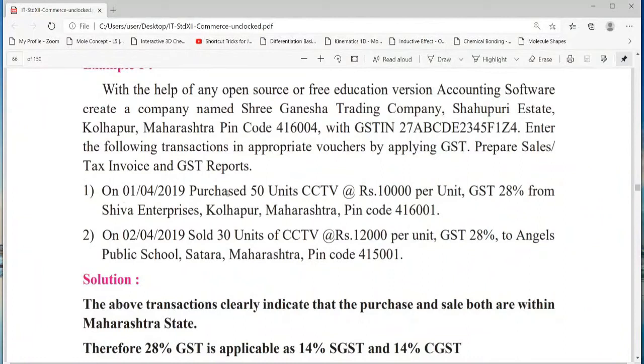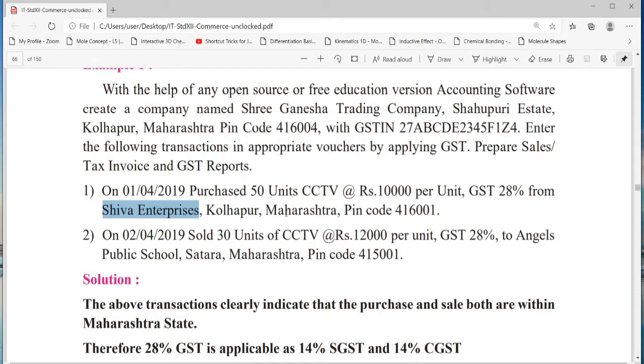Here you can see that purchase of CCTV camera is given, and again the sale of CCTV camera is given. So first of all I will create this purchase CCTV ledger account. Here we are going to create in all 4 ledger accounts. First is the purchase CCTV ledger account, then Shiva Enterprises, from whom we are purchasing the CCTVs.